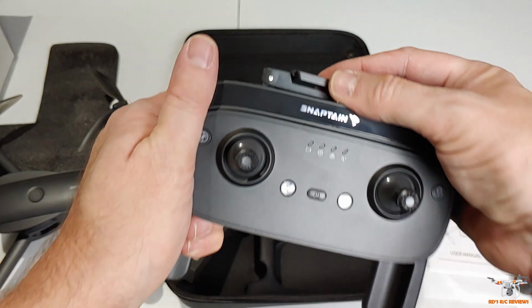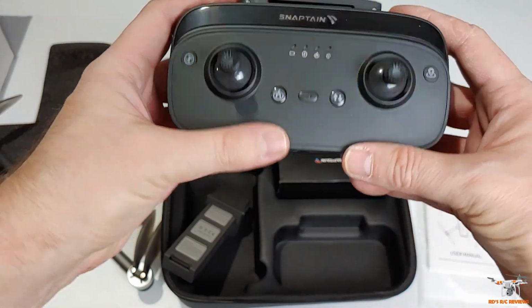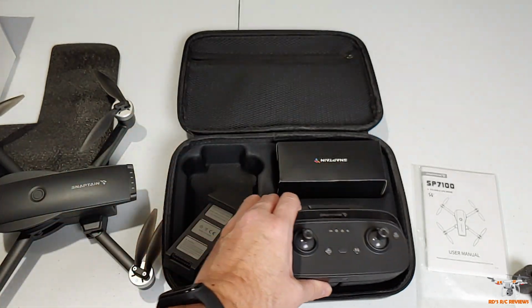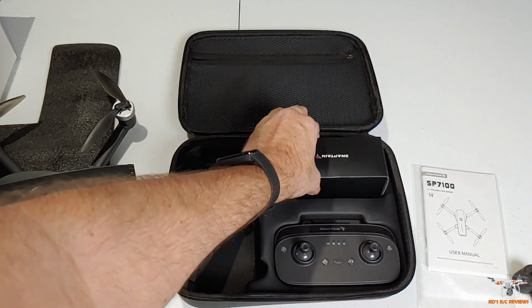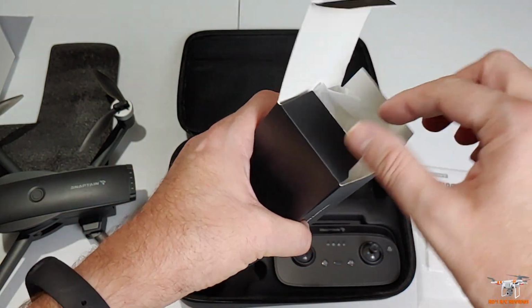This is an unboxing. So an unboxing will give you sort of a review of the drone, but it's not going to be as good as a full review. So I don't do tons of these unboxings, but I do like to do them at times, especially if I have something neat. And then when we do the flight review, I'll do a quick overview of anything I missed in the unboxing, and it makes the video shorter, because not everybody wants to sit through a 30-minute video for some of these